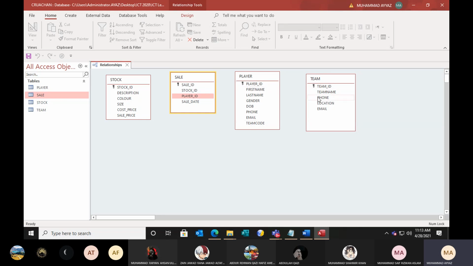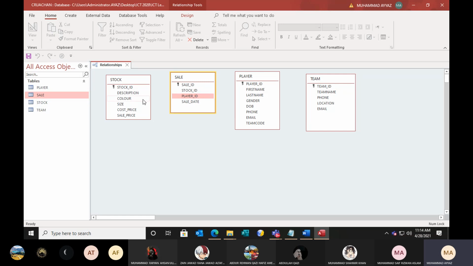See, sometimes the names should be the same, but sometimes they change them a little bit. But the purpose is the same: team ID or team code. So this field will be the same type. If it is text, both will be text. If it is a number, both will be numbers. Player ID and player ID, this primary field and common field, both must be of the same type. If not the same type, then there is no relationship between primary and foreign key. All properties, all features must be the same.